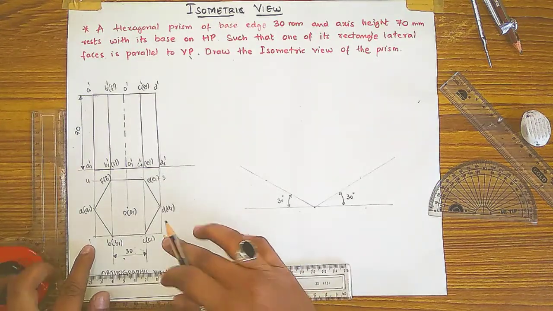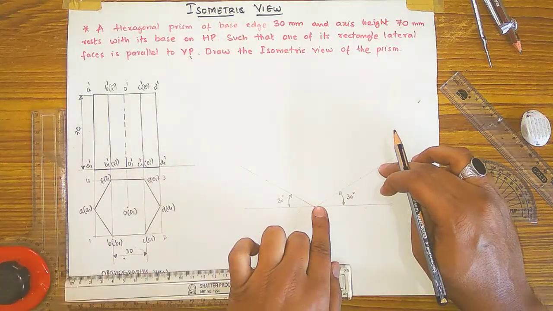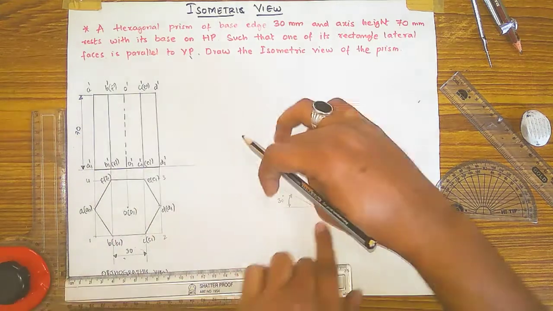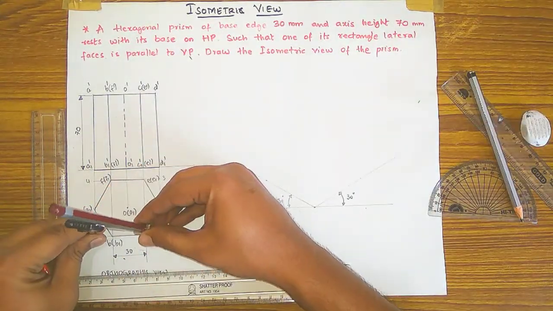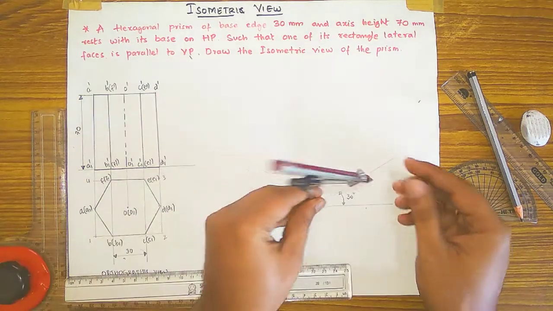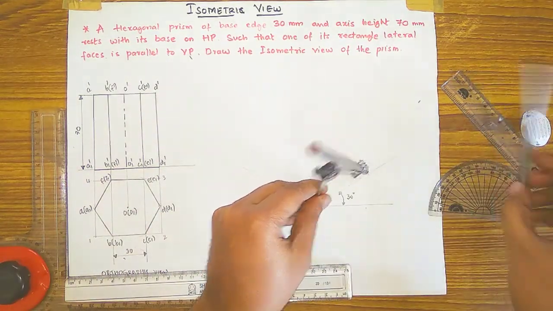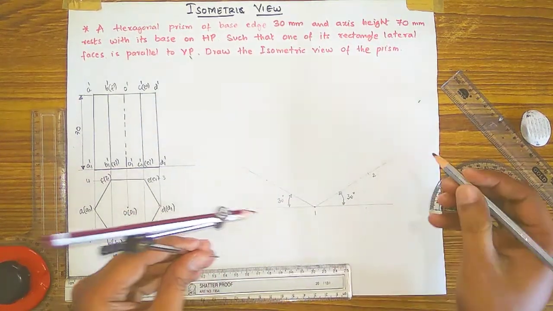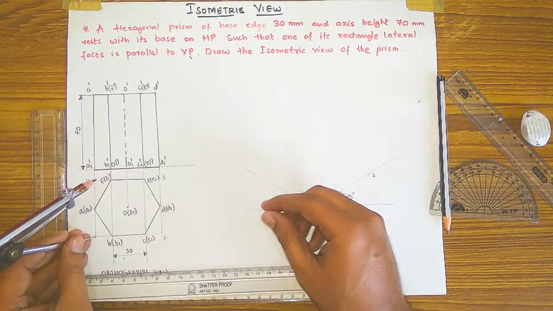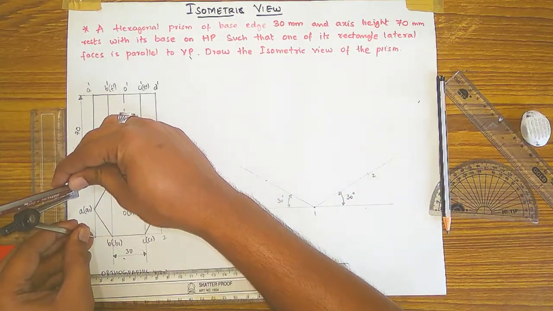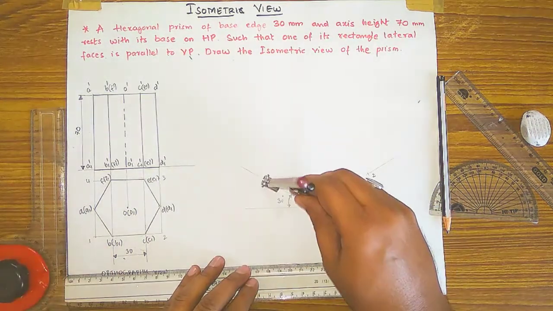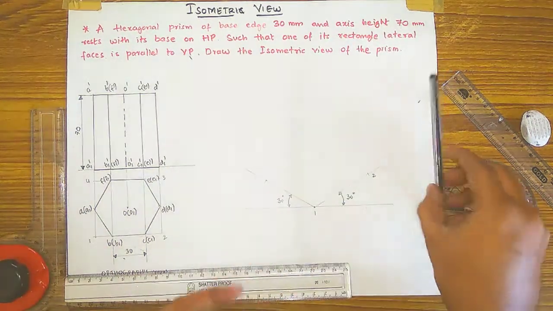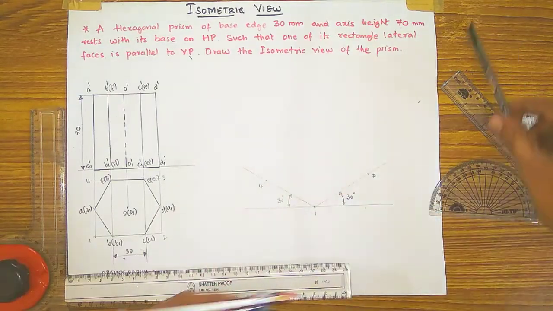Okay, so 1, 2, I am copying this distance here, and 1, 4 here. So with the divider we have to copy from 1 to 2. So I am taking an arc from that point, means this point is 1 and this point is 2. And height from here to here, 1 to 4 I have to copy, and that 1 to 4 I will get here, and this point will be 4.